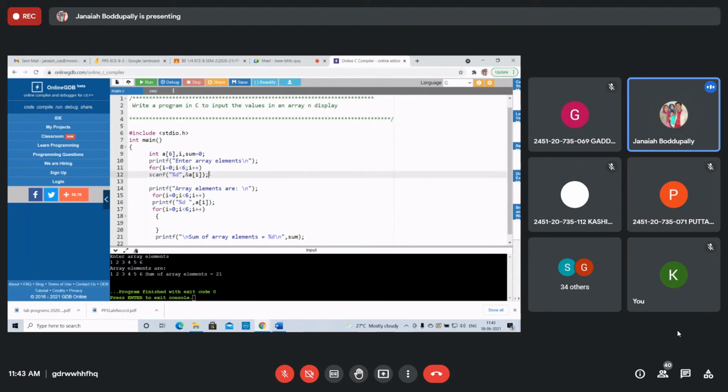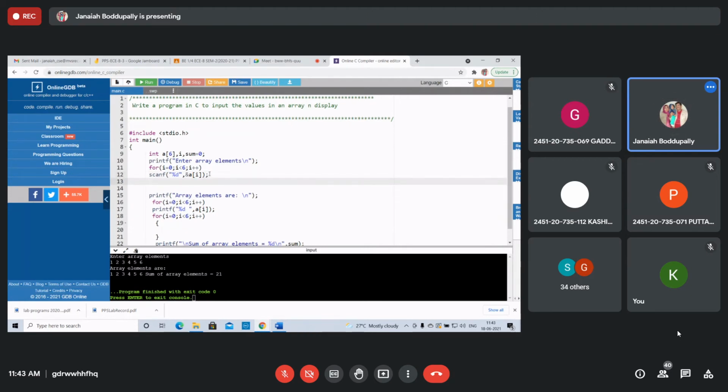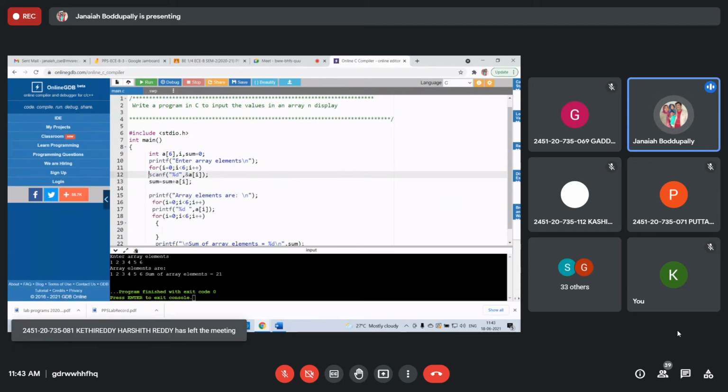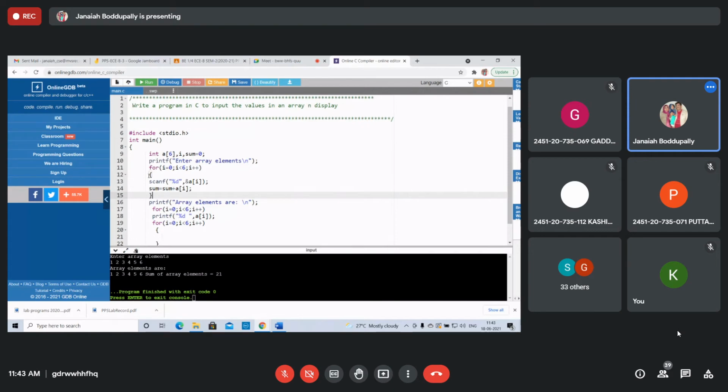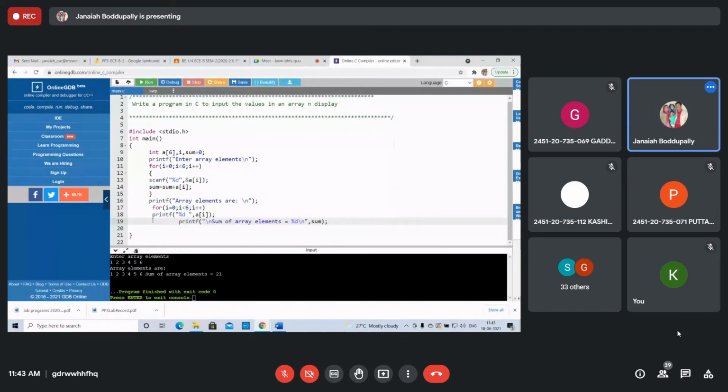But if there is more than one statement, take this. Right? Don't want this for loop. That's it. Calculate there only.